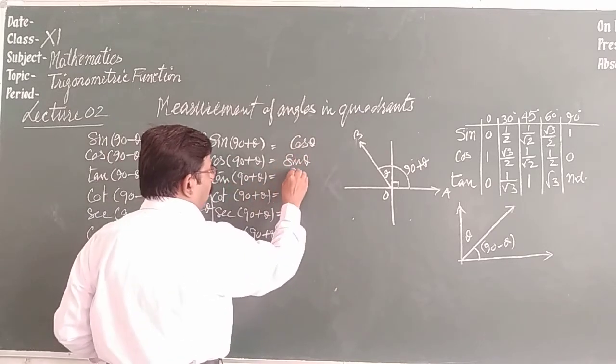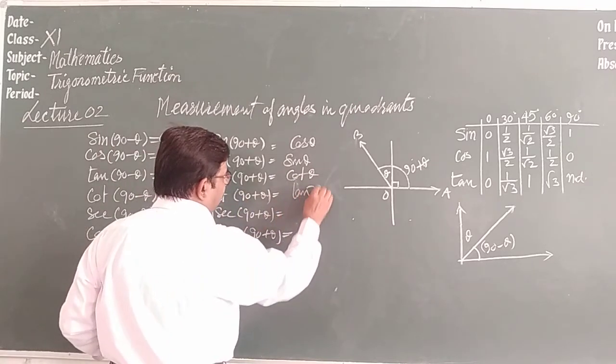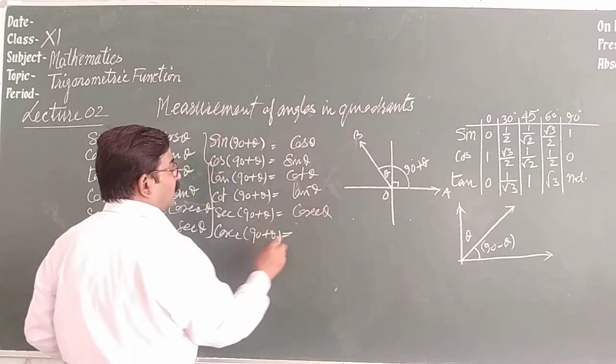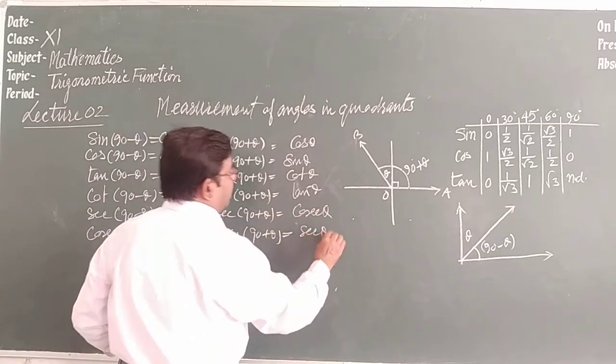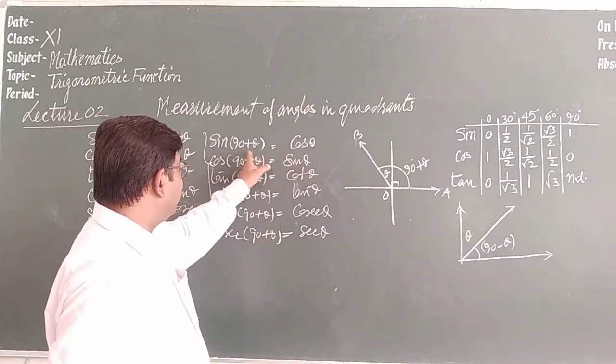Tan converts into cot, write cot theta. Cot converts into tan, write tan theta. Sec converts into cosec, write cosec theta. Cosec converts into sec, write sec theta. Got it? Now, since this angle 90 plus